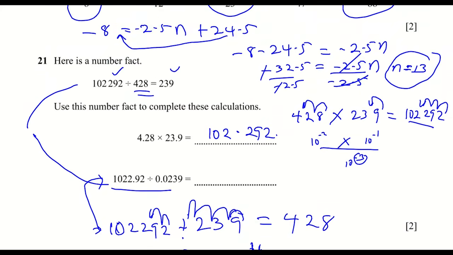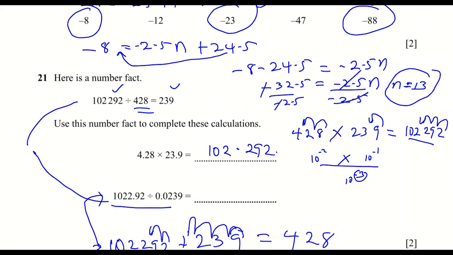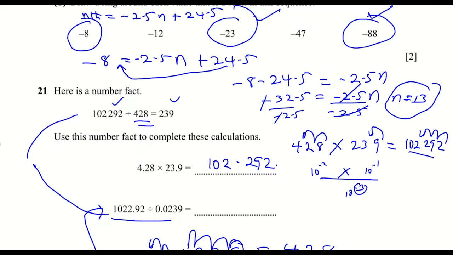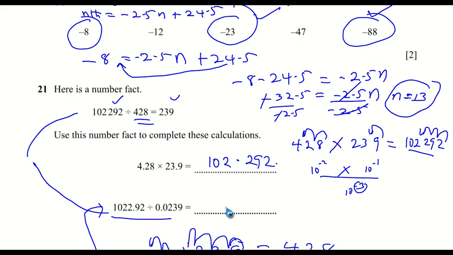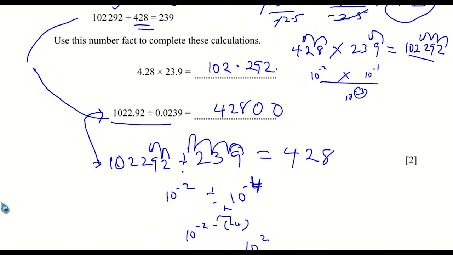So our final answer for this particular one is going to be 428. Since this is going to be 100 times bigger, we add 0, 0. Because when you combine 10 to the power of 2, 10 to the power of negative 2 and 10 to the power of negative 4, you get 10 to the power of 2. So that means this has to be 2 times bigger. So the answer is